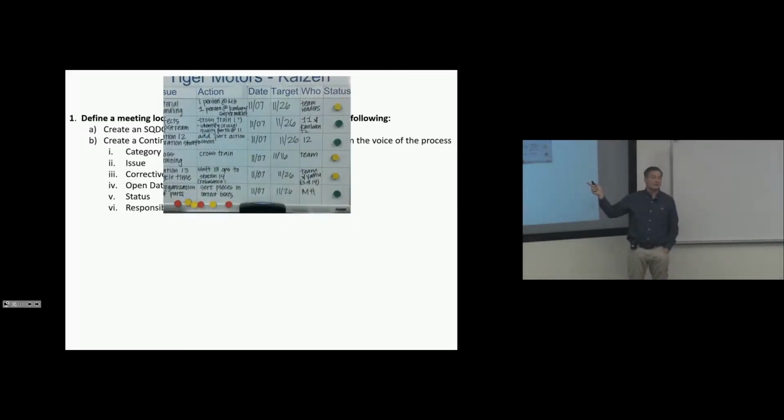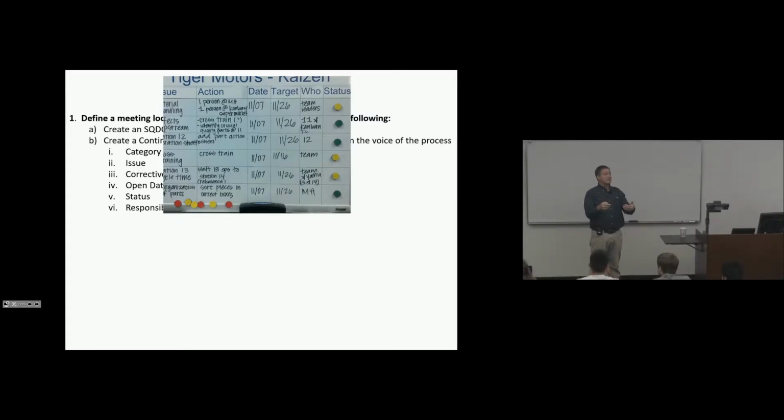You're all familiar with that. You've seen those up, right? This is what you're going to use in each one of your teams. Now we have 6 items on the board. We'll talk about how we want to do this, but your twin team, you may want to get together in consensus and say, we think these are our top 6 problems.